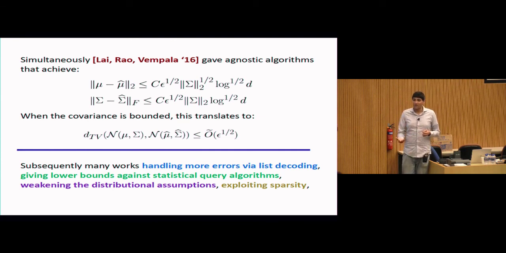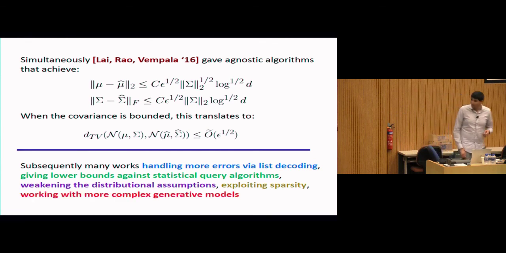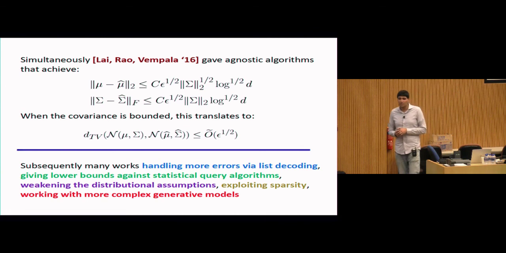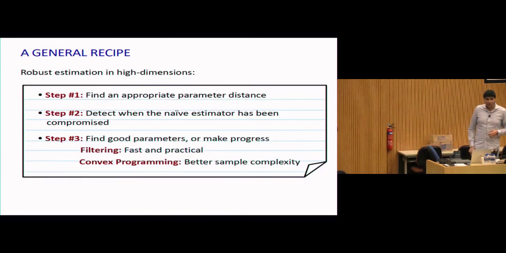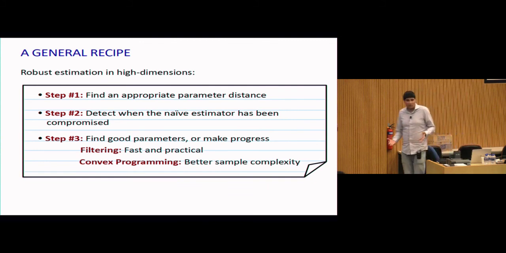Can I get better sample complexity guarantees that depend on the sparsity pattern while simultaneously being robust? And there are even ways to work with even more complicated generative models, things like mixture models, independent component analysis, principal component analysis, all sorts of fancy extensions. So I'm not going to mention any of that, but instead I'm going to tell you how to solve at least these basic problems about robust estimation of the mean and covariance.